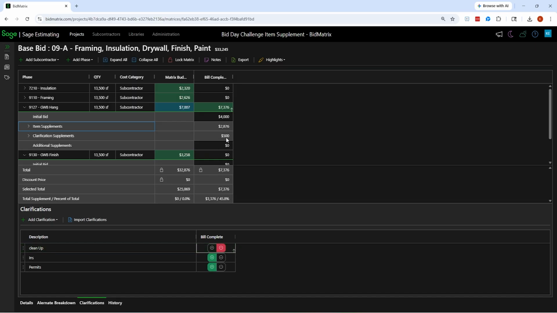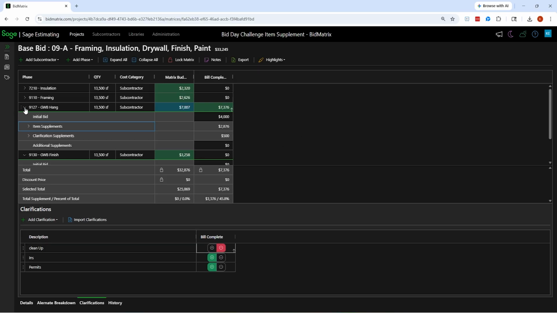So bid day starts to get more challenging, because it's not like I can just enter the numbers and let the system take the numbers and analyze them to figure out: are they complete? Do they include all the scope? Do I need to add anything else to make it comparable with the rest of the bidders, to make sure we've got all the bases covered on the scope?